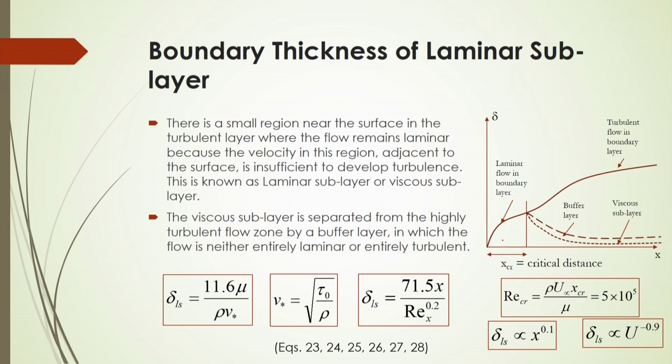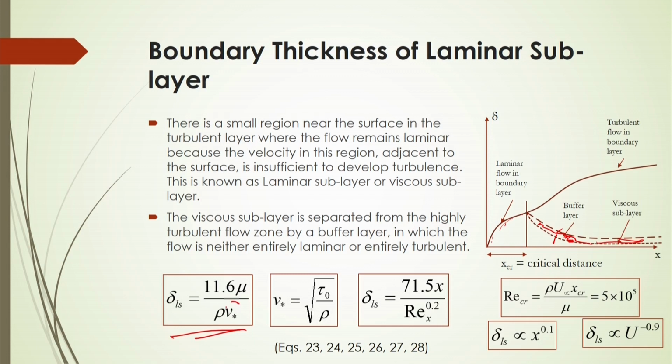Here in this picture it is shown, this is the boundary layer and this region is called laminar flow in the boundary layer, and this is the buffer layer where the viscous sublayer and the turbulent layer meet. So, this region is called the buffer region, and beyond this it will be turbulent, and before this it will be the viscous sublayer. Now, what will be that viscous sublayer thickness that is separated from this buffer layer? You can calculate it based on this formula given here.